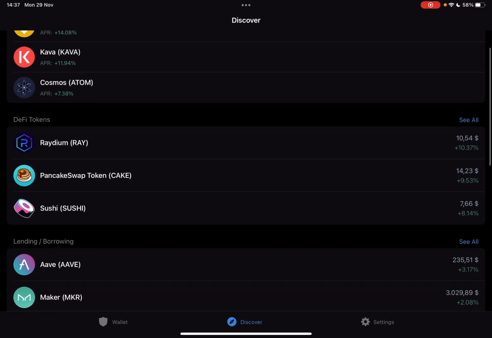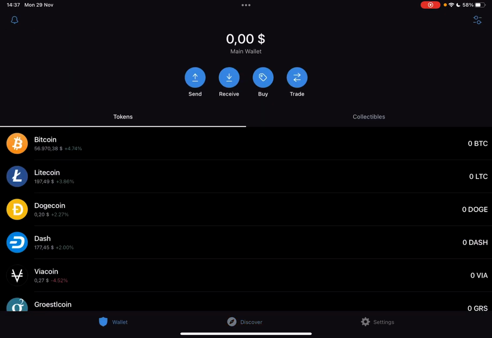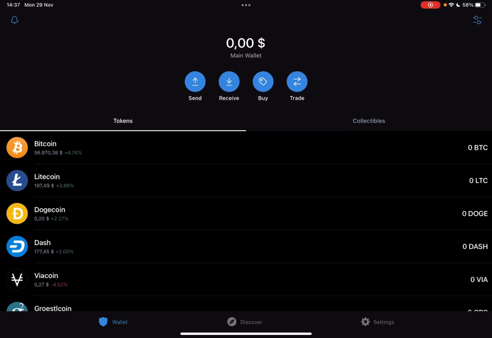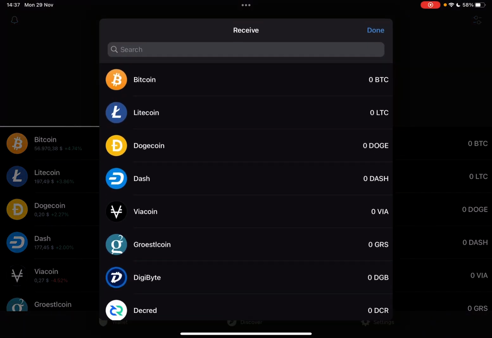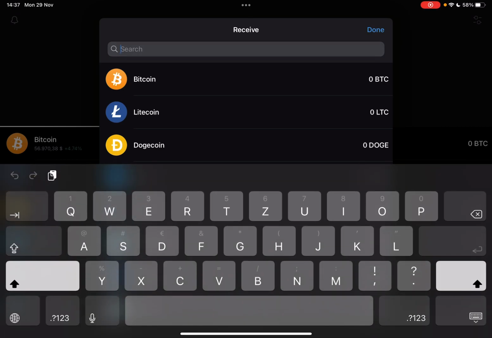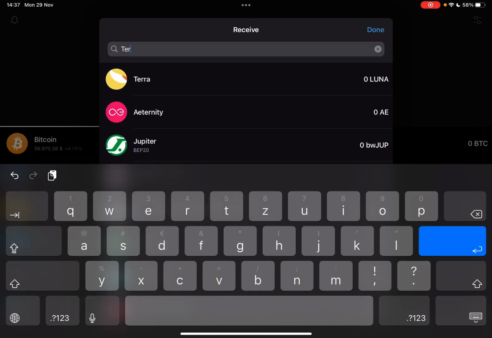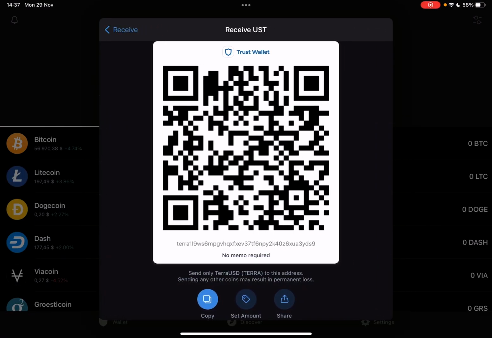So let's jump into it. First, open your Trust Wallet, then go to your wallet section. And here on the top of the screen, you can see you can either buy or receive TerraUSD on Trust Wallet. And then at the search bar, just type in TerraUSD, and then it's going to generate your QR code, and with this QR code you can receive TerraUSD in your Trust Wallet, or you can tap on copy and it's going to copy your TerraUSD address and receive cryptos